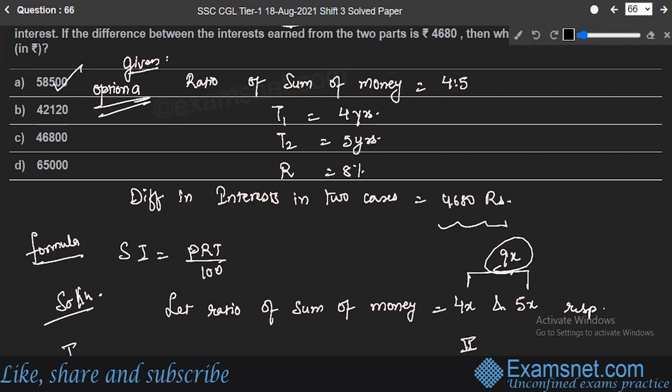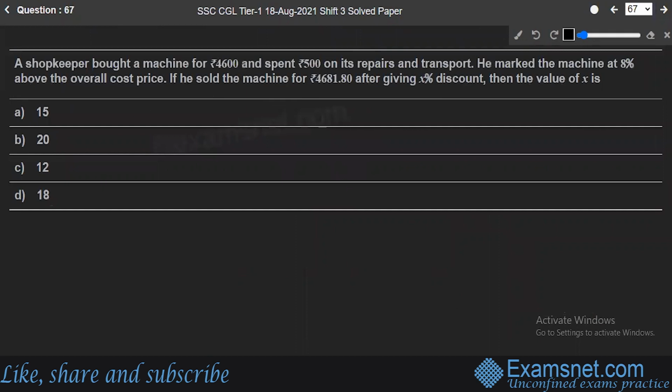Hope you are clear with this. Let's move to the next question then. Question number 67. A shopkeeper bought a machine for 4600 and spent 500 rupees on its repairs and transport. He marked the machine at 8% above the overall cost price. If you sold the machine for this much after giving X% discount, then you have to find out the value